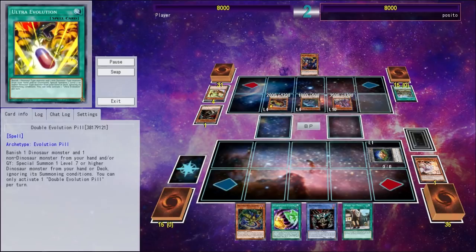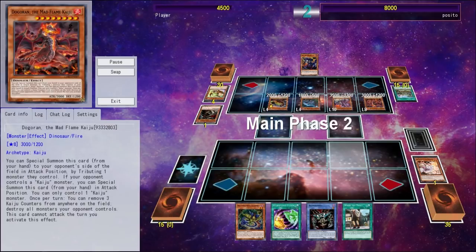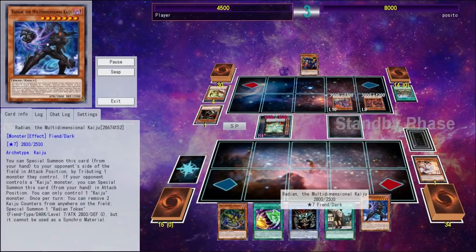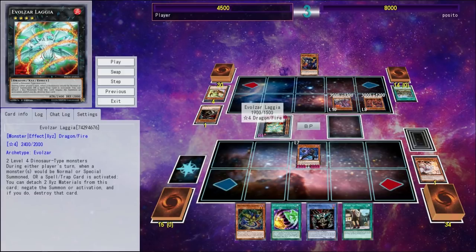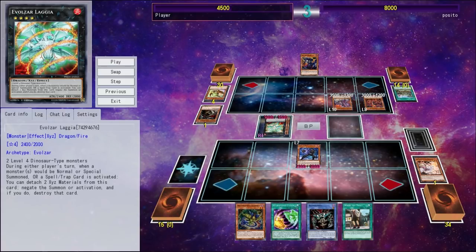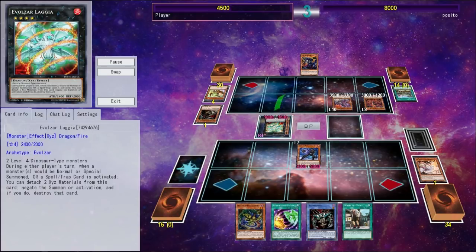mostly to Ash Blossom. He'll go ahead and do Dino Thing, special out a Dogoran, which is going to be relevant because as he summoned that, I'm like, oh man, I can't kaiju him now. It'd be a shame if I drew a cat, and I did. But we'll actually go ahead and summon that, and when a monster would be normal, yeah, he could have stopped it, which he either had to stop it or use the Ultimate Conductor effect to save his Logia there, but